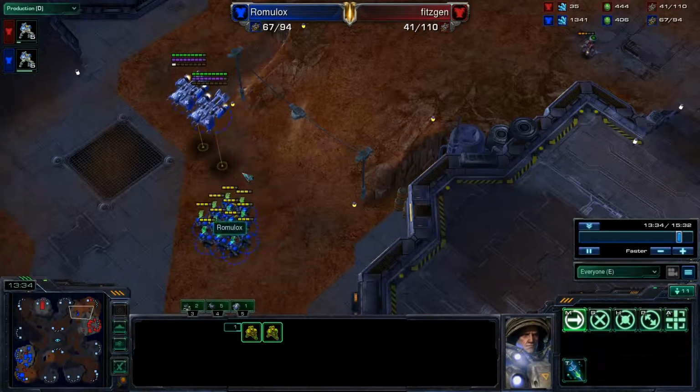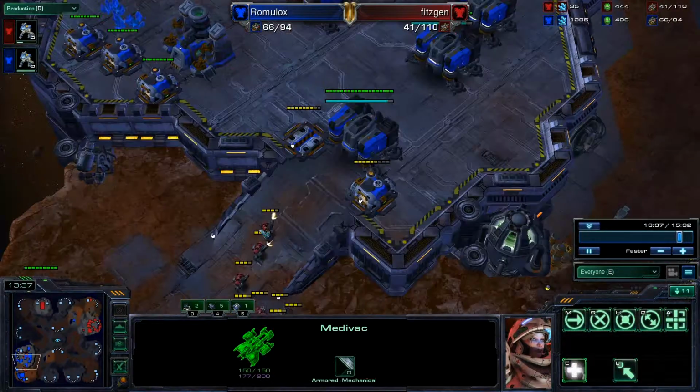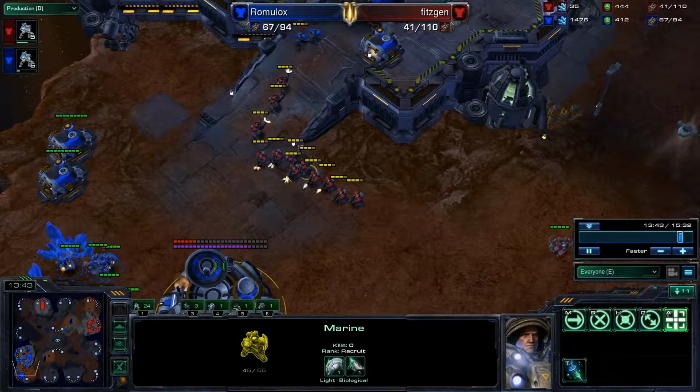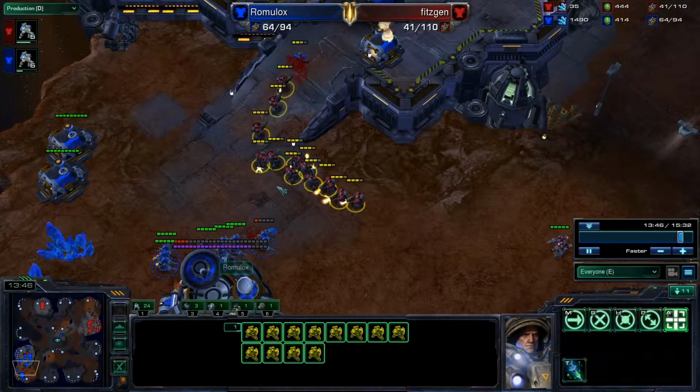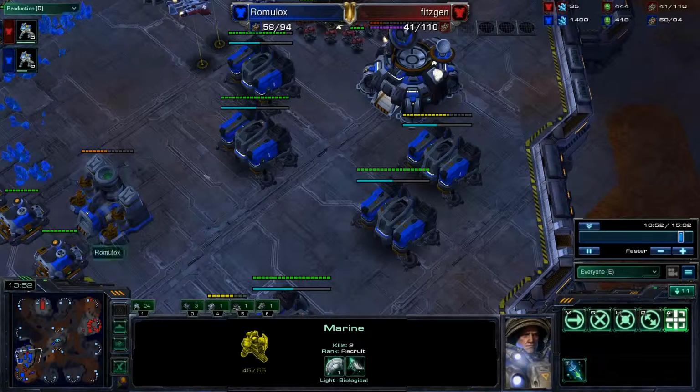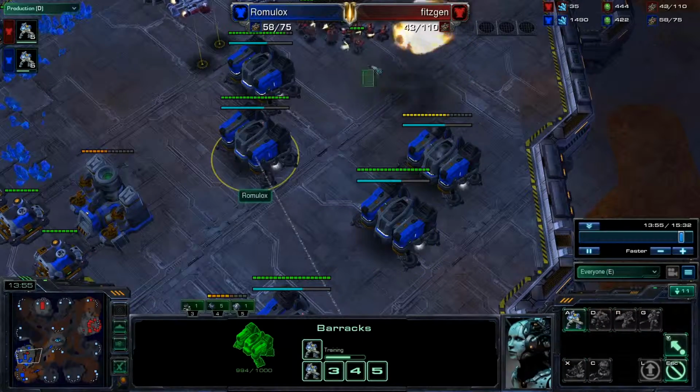So brutal loss right there for Romulox, but nice base trade by fitzgen, able to push in, and even with the loss of all his SCVs at the front, able to get superior position in the main, had the upgrade advantage with the 1-1,